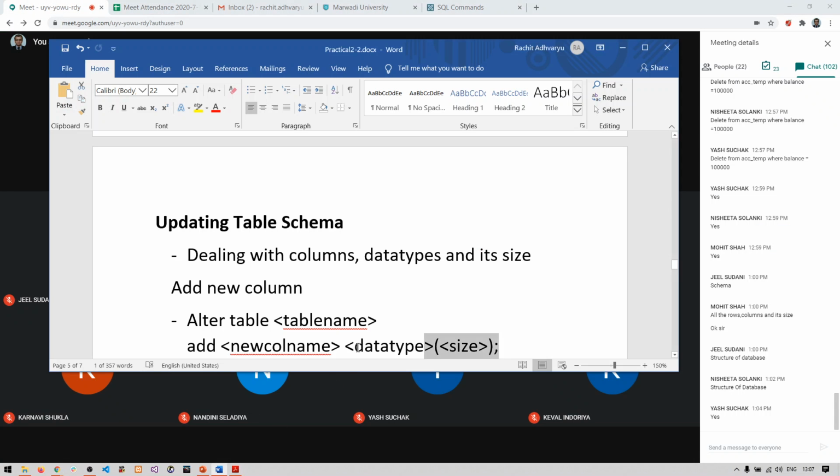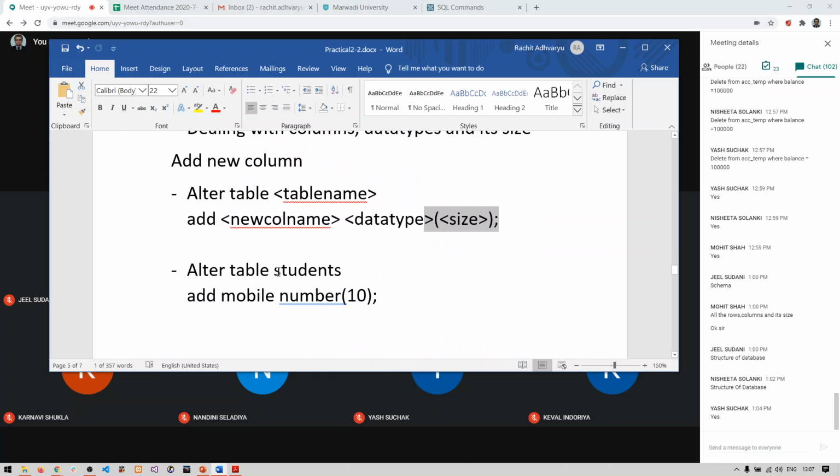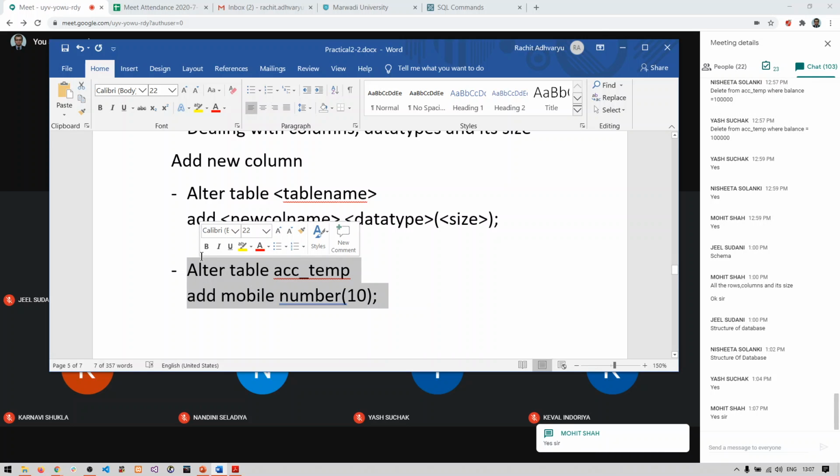So this is what we have done: ALTER TABLE ACC_temp ADD mobile number(10). Is this clear? How to add a new column after you have created a table? Any doubts in this?